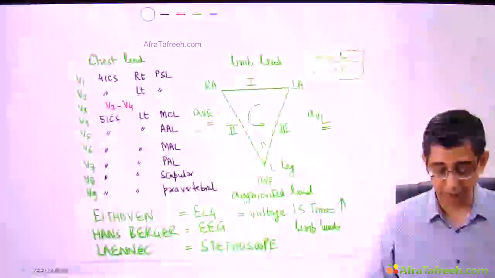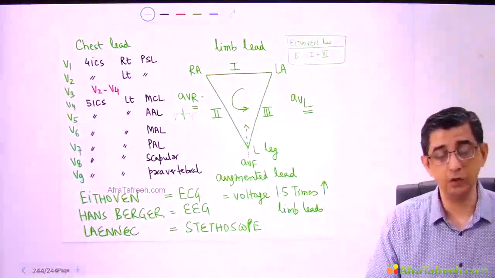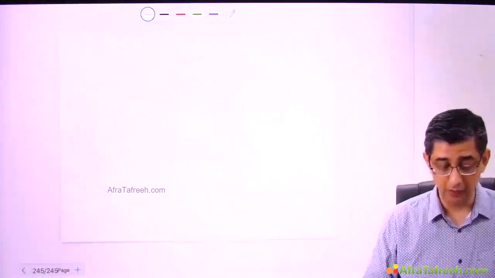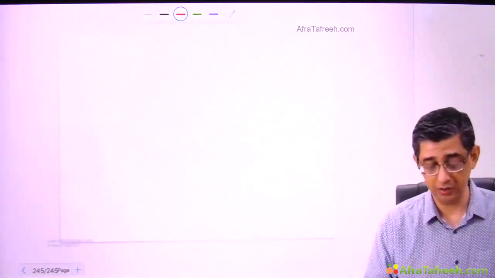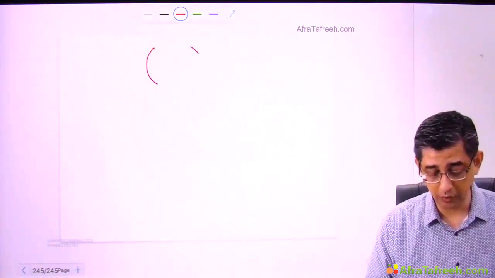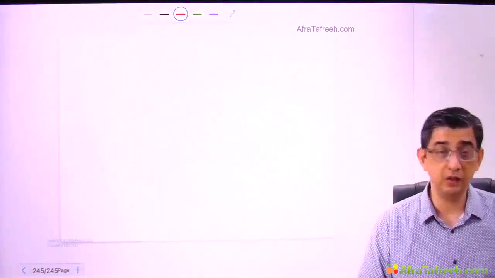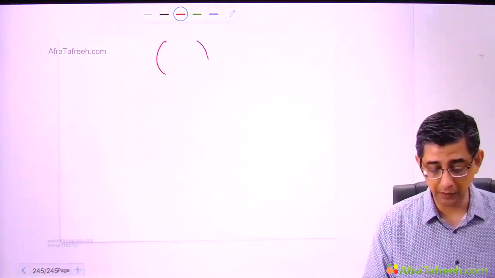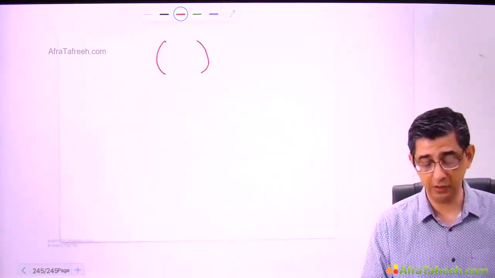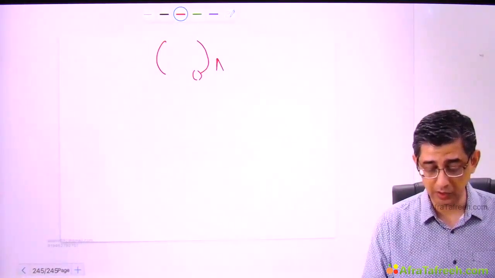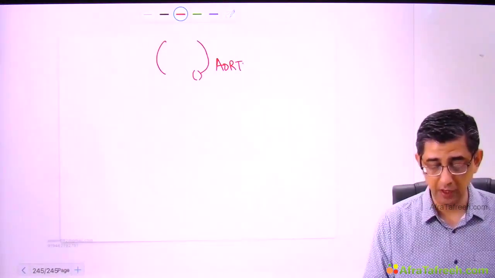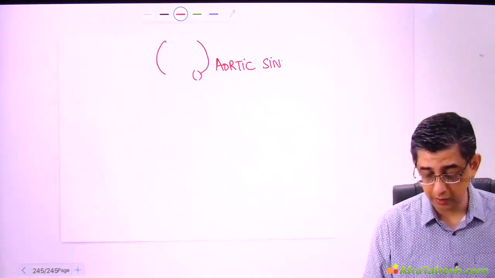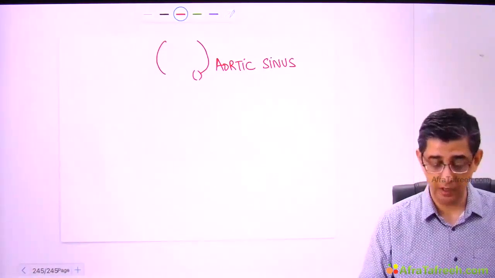And the advantage of studying this baseline information is that you feel relatively more comfortable, especially when you're scanning the coronary arteries. Well, where do coronary arteries originate from? They originate from the root of the aorta. As you're aware, the first branch of the aorta is the coronary artery, so here I'm representing the base of the aorta. I've represented the root of the aorta, and this that I've highlighted is the ostia from where the coronary arteries will be originating. The site of origin of the coronary artery is the aortic sinus.